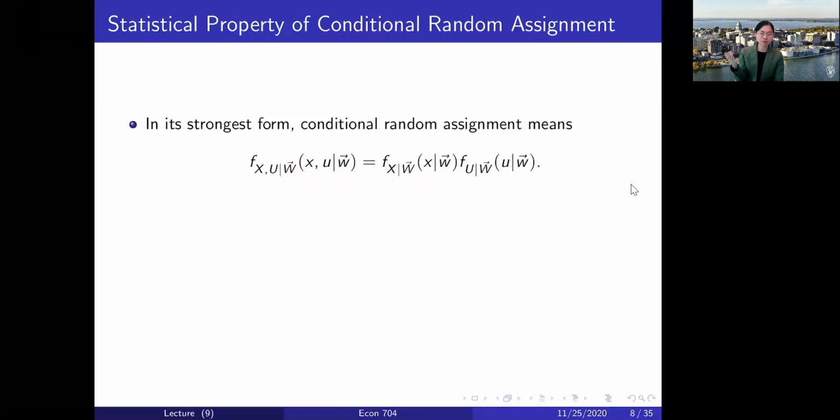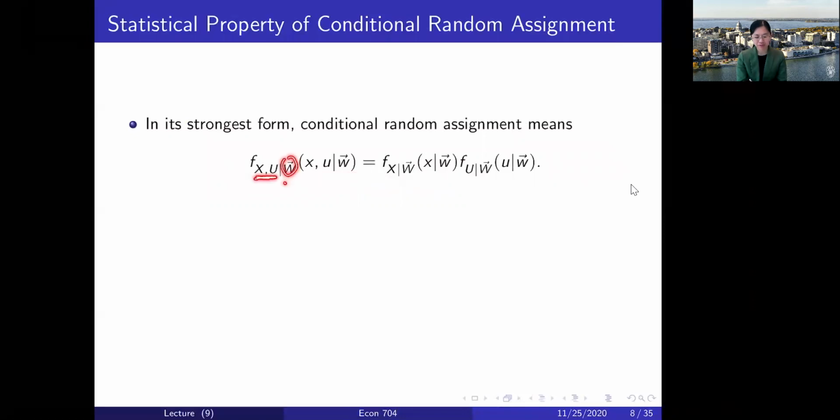Now, I will give you two examples later on, but for now, let's see how conditional random assignment helps us to estimate the causal effect of beta 1. First, let's understand precisely what conditional random assignment means. In the strong form, conditional random assignment means conditional on W